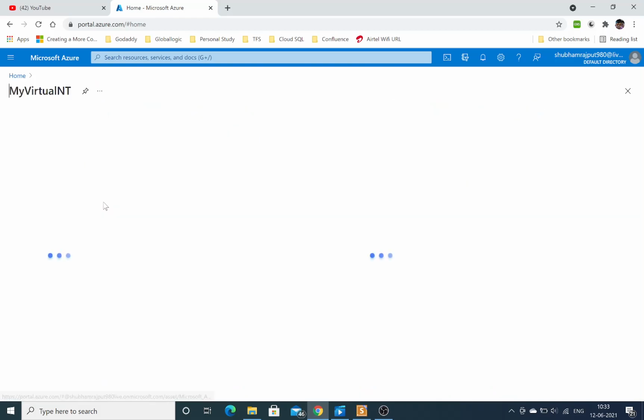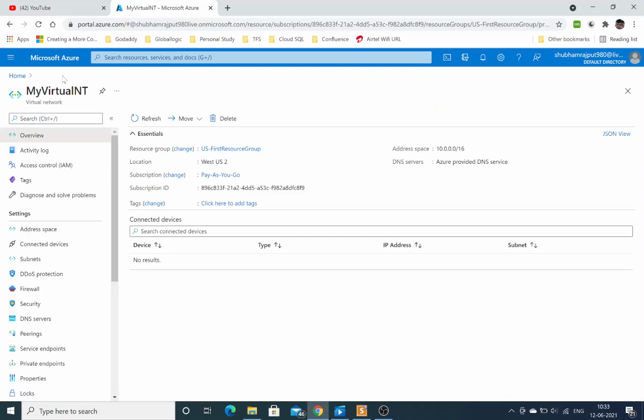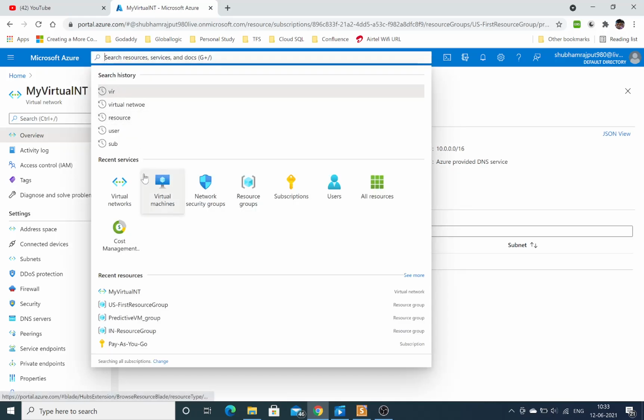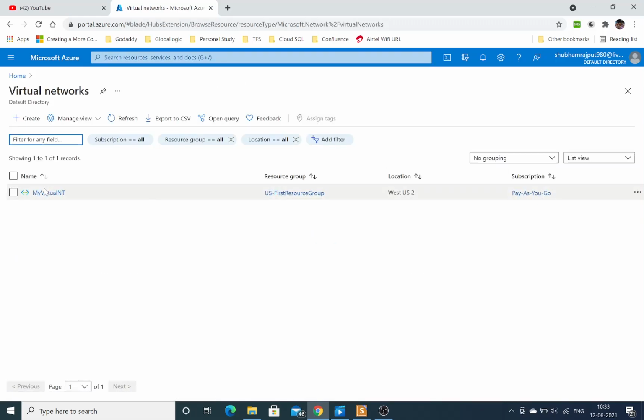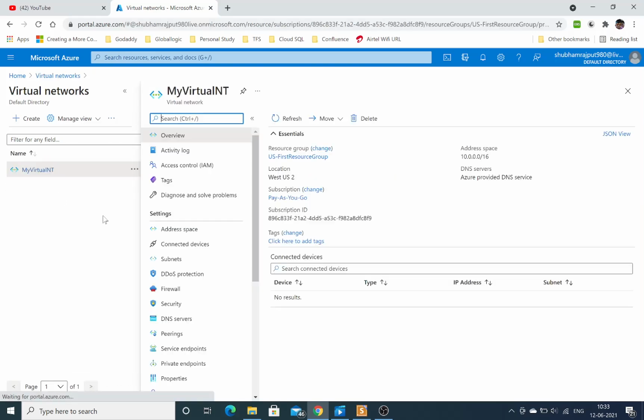I'm just going to open it, or you can search for the VNet here, and this one is the VNet which I have created. Just click over here. These are the different options available with the VNet. Let's discuss all the options one by one.